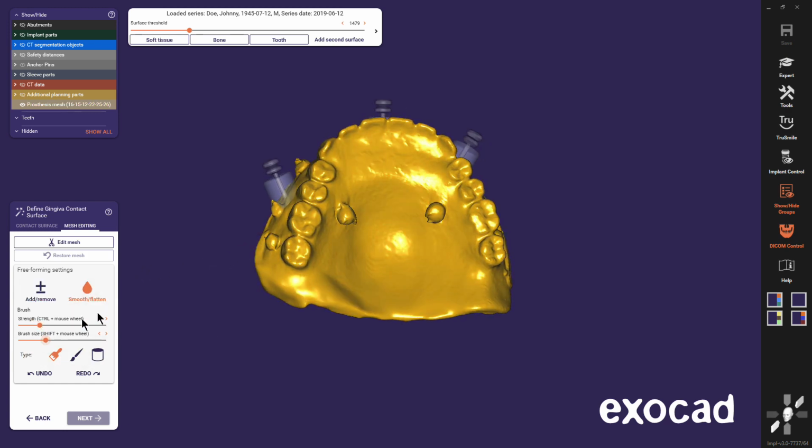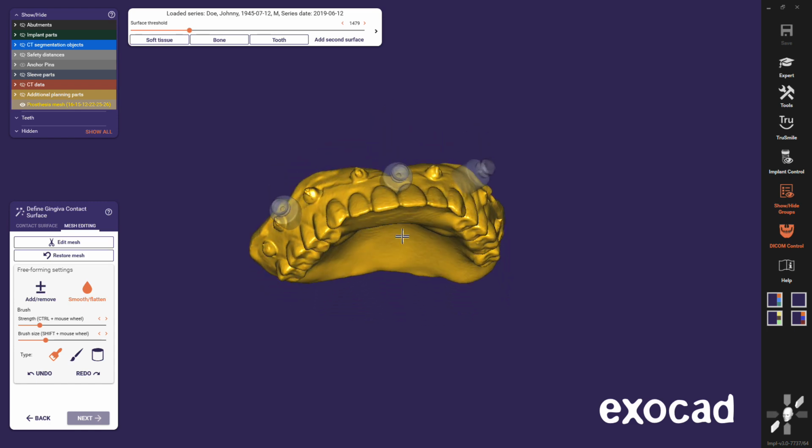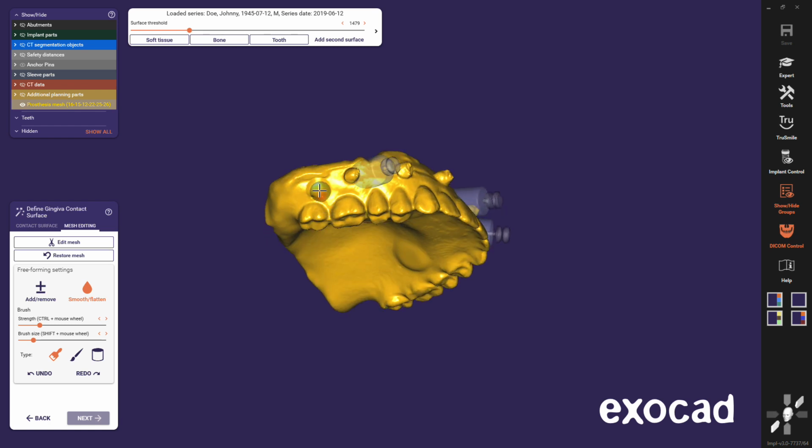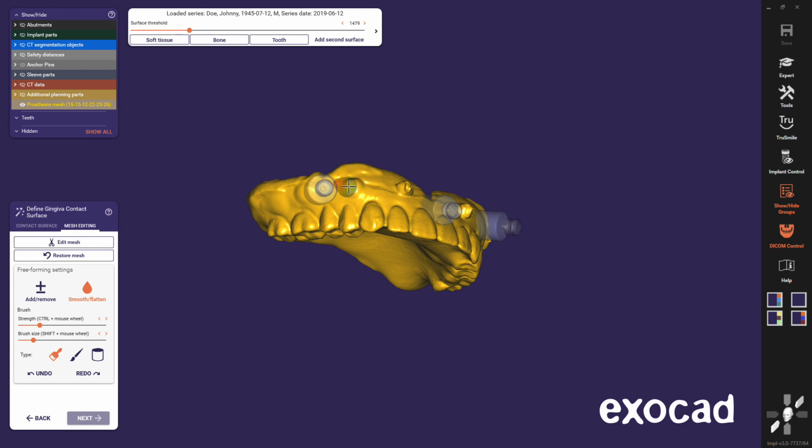Here I have the possibility to make changes to the mesh created from the CT of the radiographic guide. It is crucial that such modifications are done with great care to not destroy the fit of the guide. I will smooth down the areas where the markers are visible.